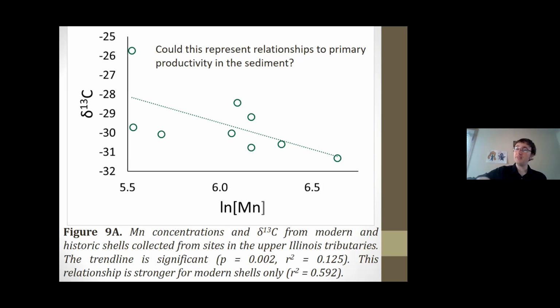So primary productivity, which makes it very localized. So these results are looking at something that is very local and specific to the shells, the mussels, where they are in the stream. And up in the upper watershed, as trees get cut down around those streams, it increases benthic primary productivity, and that results in changing the stable isotope signature of carbon in the shells. And that's the best that I can come up with. It turns out that manganese ended up having a much more complex story than I thought.